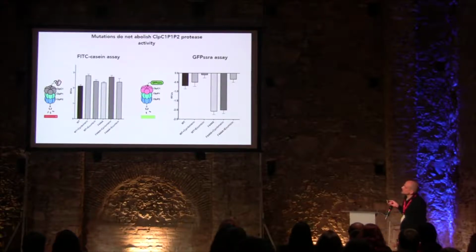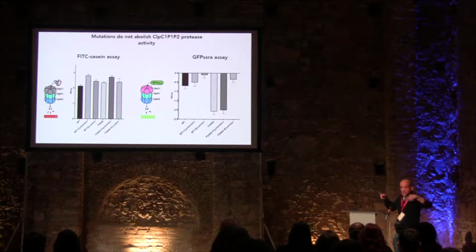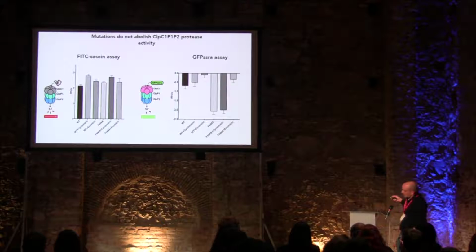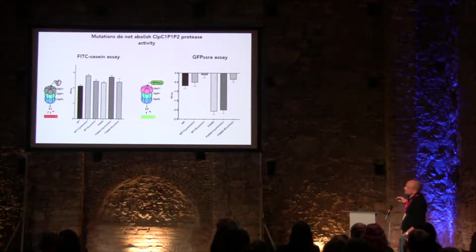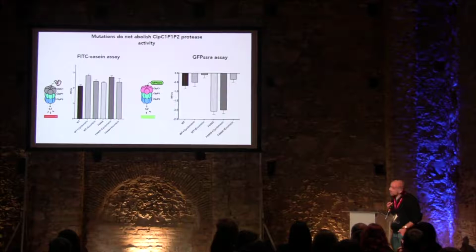And it's used in these assays because it can be modified with fluorescein. So what we do here, you have a protein labeled with a fluorescent tag. As the protein is degraded, you have an increase in fluorescence. So what happens basically here, you mix everything, you make your chaperone, your unfoldase or chaperone, as you want to call it, and you mix the protease, and then as the protein is degraded, you have an increase in fluorescence. What you show here is that yes, this mutant was still active, still working fine.